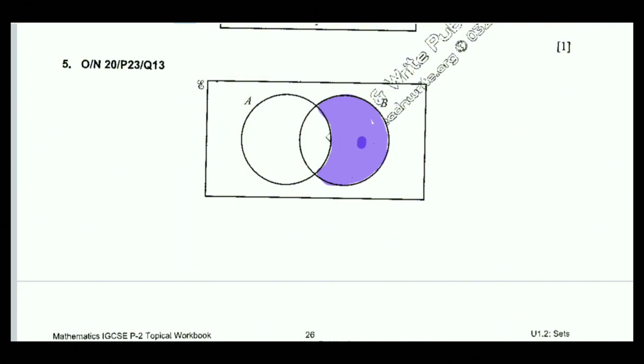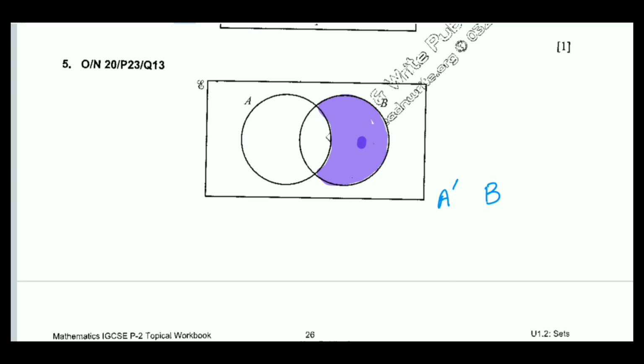So we can see that B but A not. B is colored but not A. In easy words, what we can say: B set but not A. It means that the B region is colored but the A part that is included in B set, and the whole A part, is not colored. What will we write? A complement. A not means A complement, and we will write here B. The main thing is what we have to write inside, union or intersection.